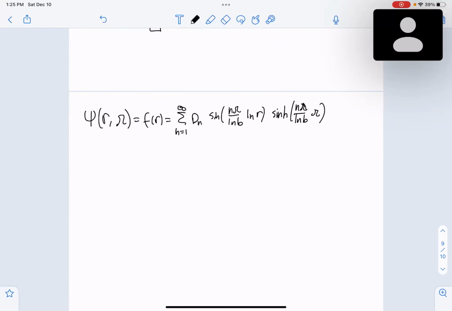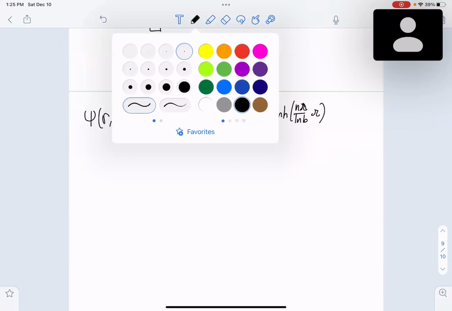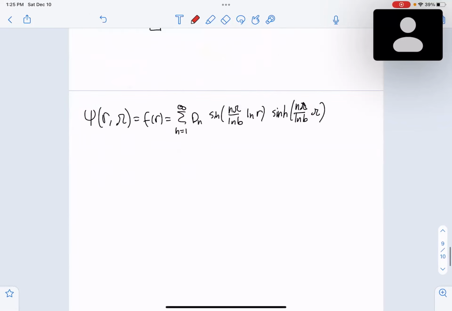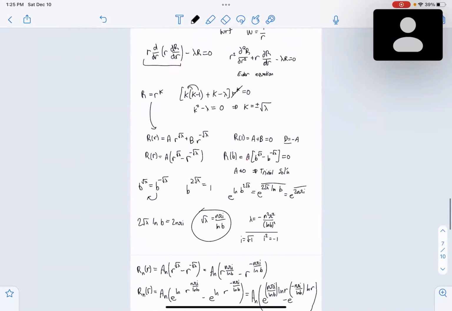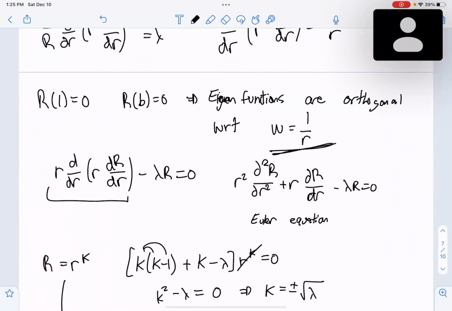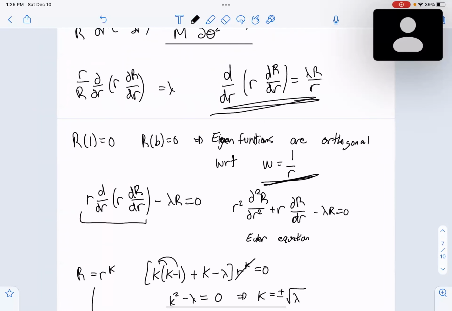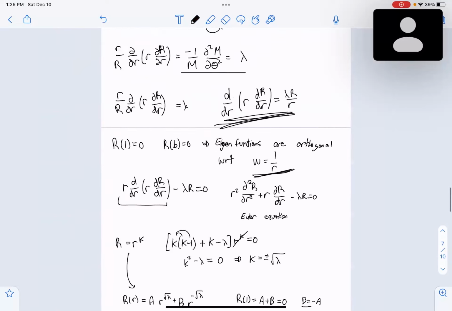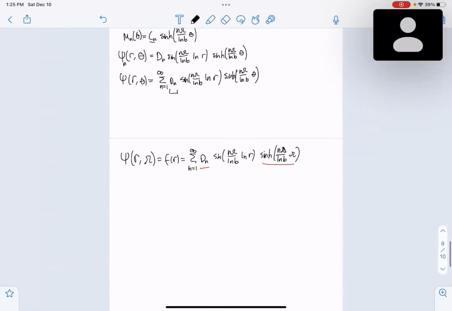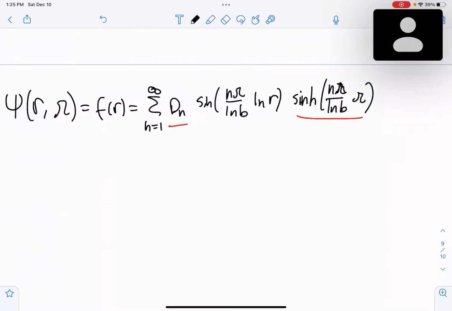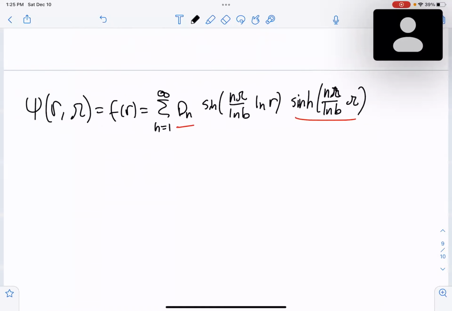Yeah, so now that we have this, we have Sturm-Liouville coefficients. If we just look at these two terms, we're really able to just integrate with respect to the weight function, which, like I outlined above, is 1 over r in this case. That's based on this SL form here that we wrote. Again, that's a crucial part of this problem. So if you're not familiar with the SL theory, definitely important to be reviewed. But like I said, what that allows us to do is conclude that the eigenfunctions are going to be orthogonal with respect to the weight function. And that's essentially what allows us to do the following,